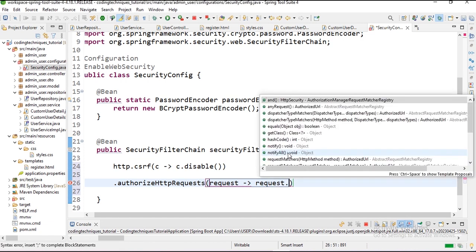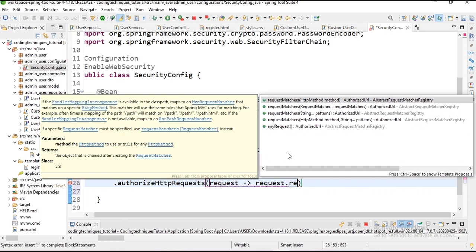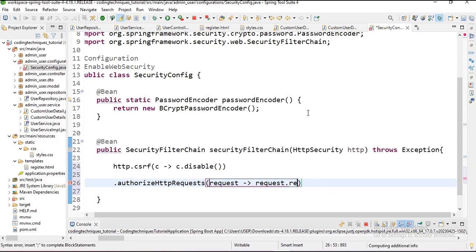So we will access this step by step. First, we need a request matcher. Request matcher of screen pattern. So we will use, here we will pass admin page, which we will create. So admin page, and then